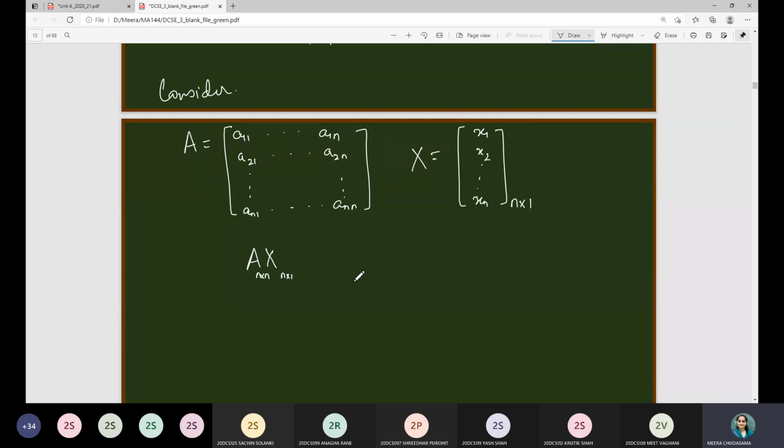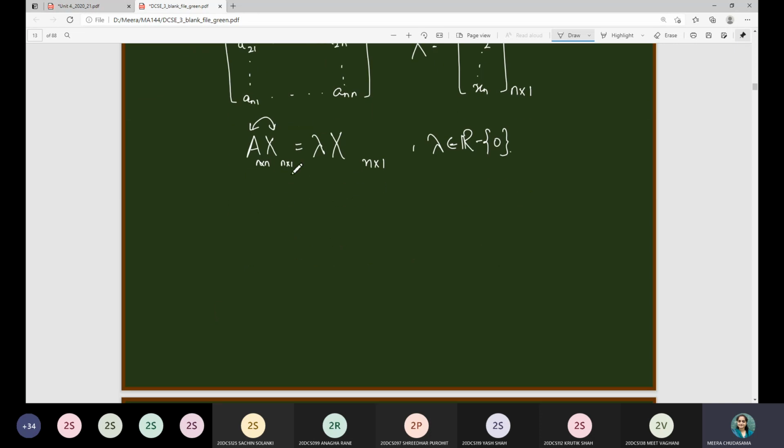So the resultant matrix will be of order n cross 1, which is the same as some scalar times that column matrix. Means here you can see that one is an n cross n matrix, the other is an n cross 1 matrix. How do we get the representation of both? So lambda is any scalar quantity, a non-zero scalar quantity of course, such that the multiplication of those two can be represented just by an n cross 1 matrix through the scalar quantity lambda, right? In that case, this is the corresponding equation, where of course X is also a non-zero matrix